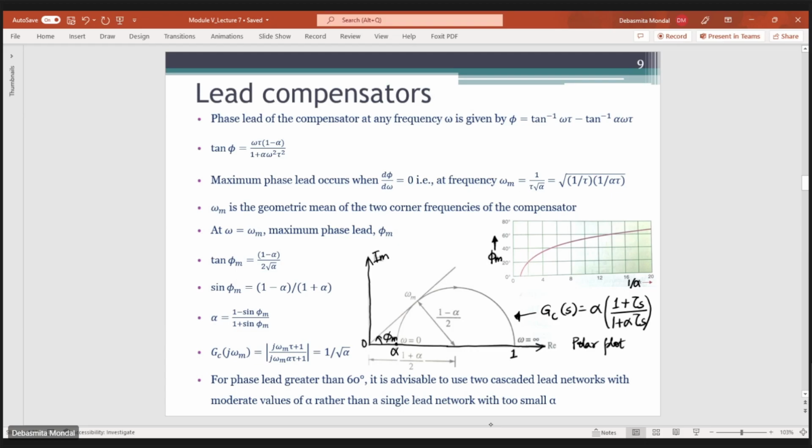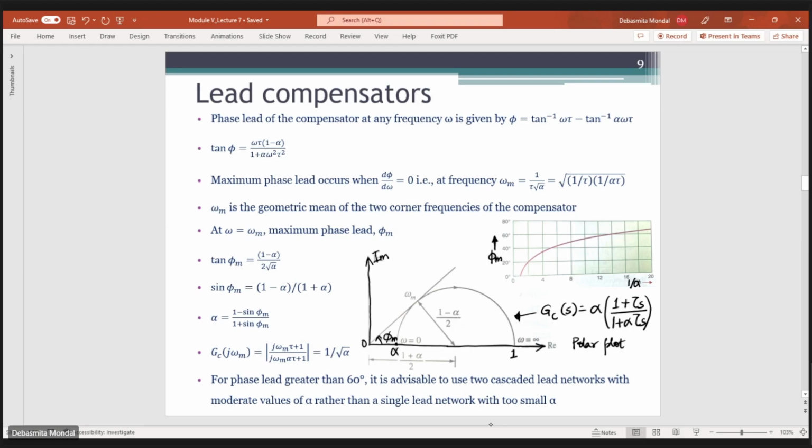Right? So the control signals which are there are not getting amplified, but the noise signals are getting amplified. So obviously, the signal to noise ratio at the output is not very good. It is poorer compared to the input. That is why we try to keep the value of alpha not less than 0.07. Commonly it is generally used as 0.1.